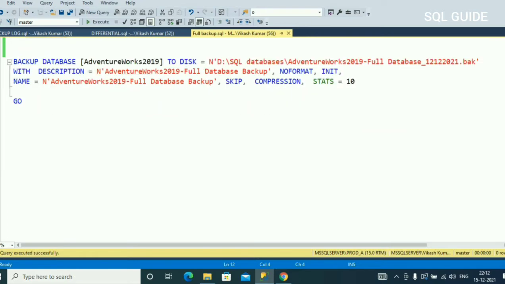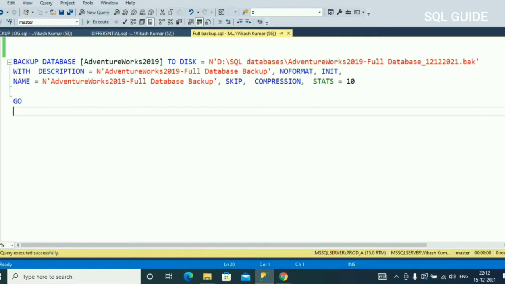So you can see here the full database backup command is BACKUP DATABASE AdventureWorks2019 TO DISK, where you want to take the backup, WITH description, NOFORMAT, INIT, NAME, SKIP, COMPRESSION, STATS.